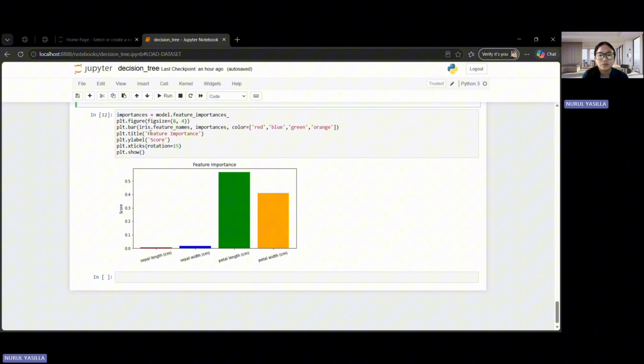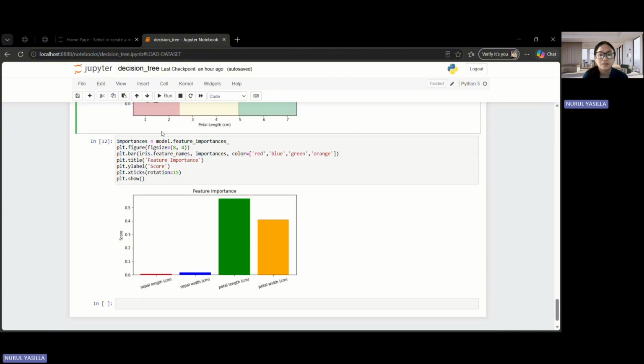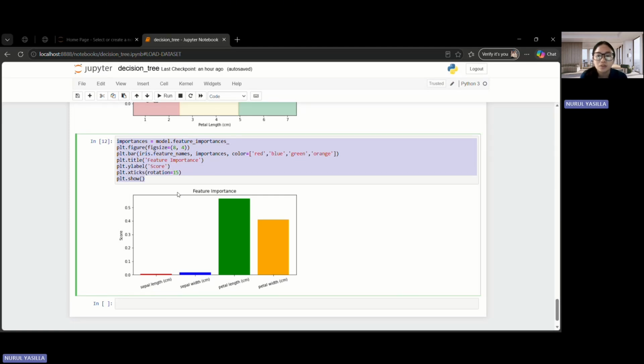Next, feature importance. The final step displays how much each feature contributes to the model's decision-making process, accessed through the model's feature_importances_ attribute. These values are calculated based on how much each feature successfully reduces impurity across the entire tree.